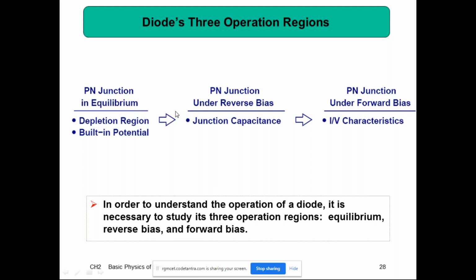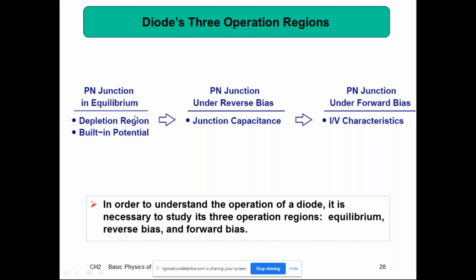How to understand the diode operations here? PN junction in equilibrium condition. Okay. First one is equilibrium condition, that is the open circuit PN junction. Open circuit diode. No need to connect any potential to the terminals of a diode like anode or cathode. Right? Open circuit. Analyze the PN junction device or diode itself without connecting any potential difference across the anode and cathode terminals.